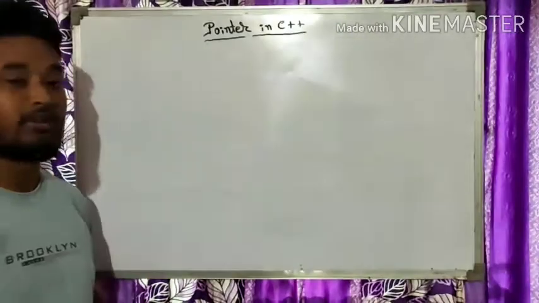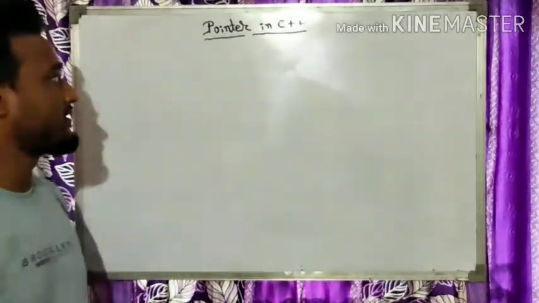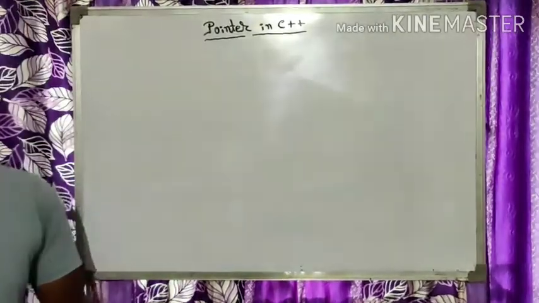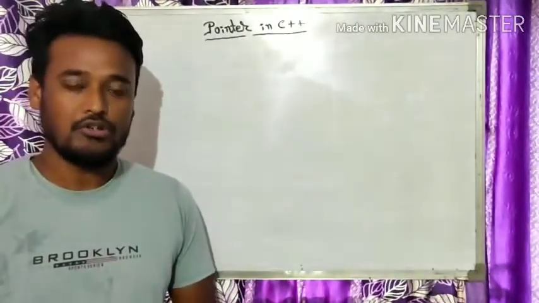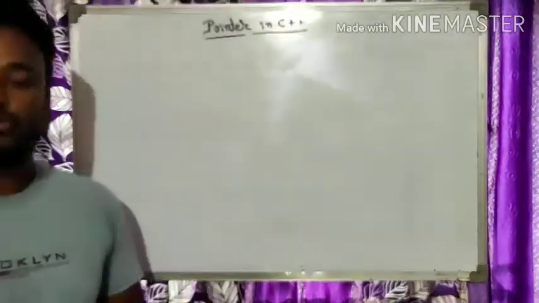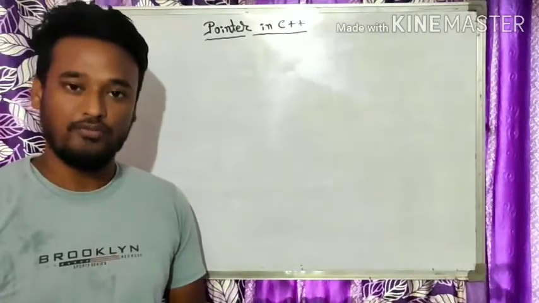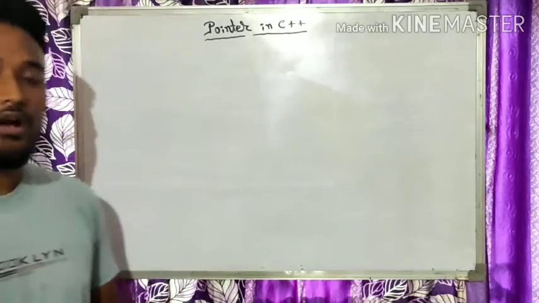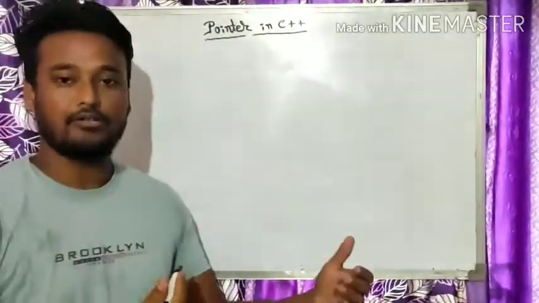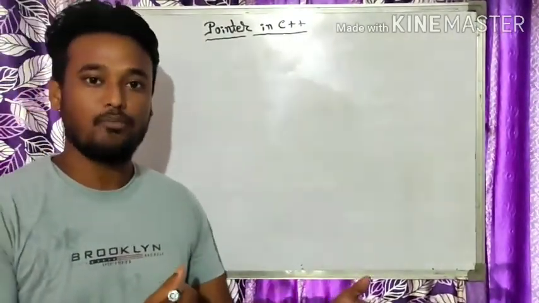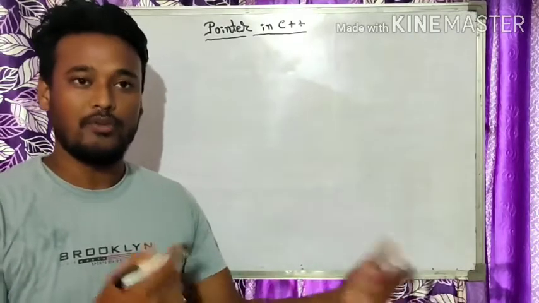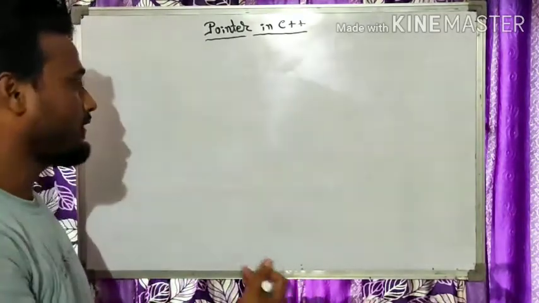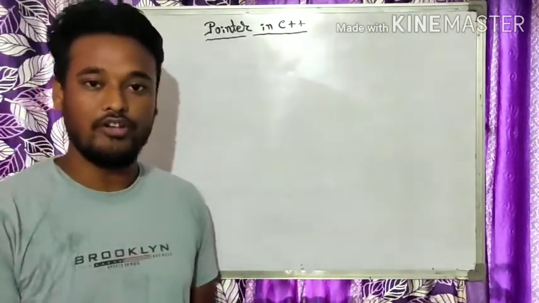Hello my dear students. We have seen in the previous class how we can declare a pointer variable and how we can assign values to the pointer variable. In today's class we are going to focus on void pointer and pointer arithmetic. That means how we can add to a pointer variable, how we can subtract from a pointer variable, and so on. With the help of programming, we are going to learn this pointer arithmetic and also learn about void pointer.